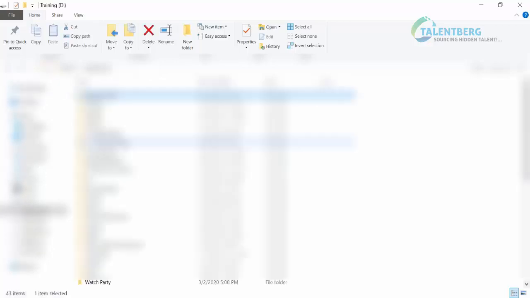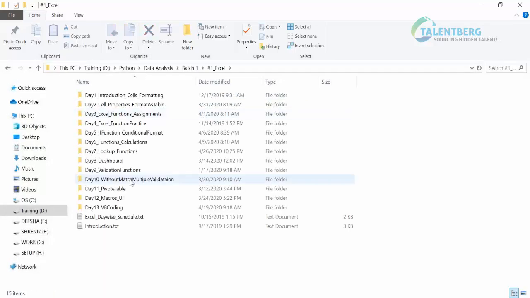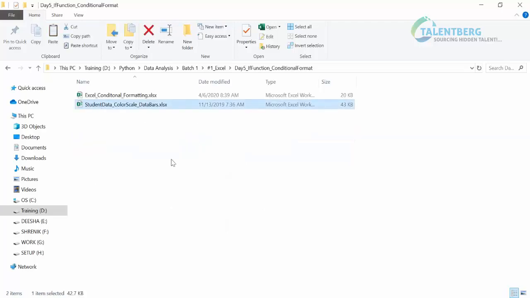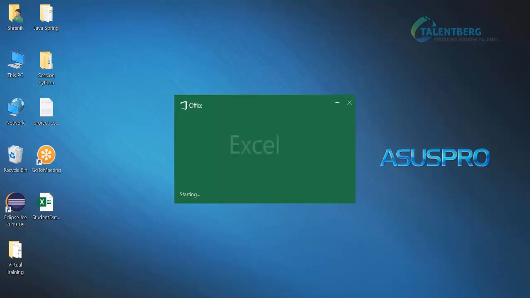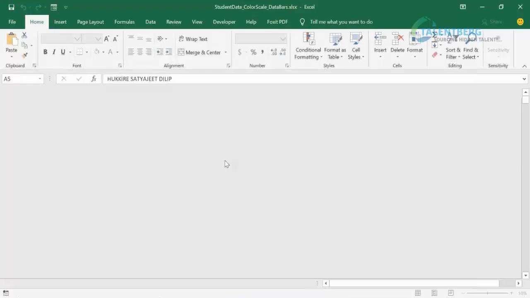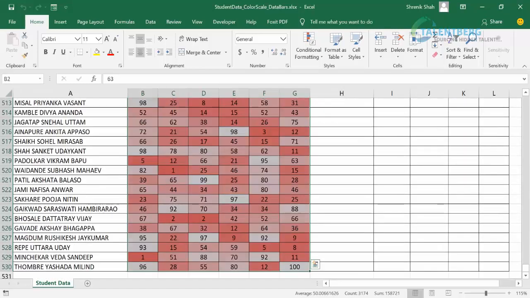I open that file and practically I'll explain how to go with that rule. Let me open one file. So here is my file. On the desktop, we keep this file. After this, let me select all the records, cells, and I just remove the color scale.